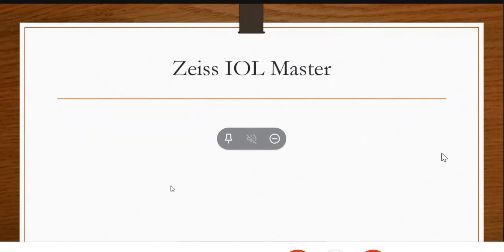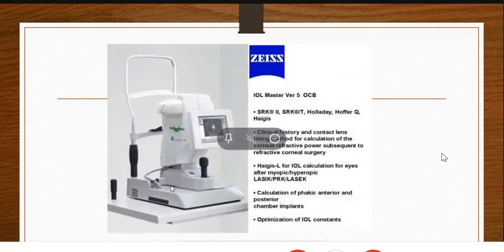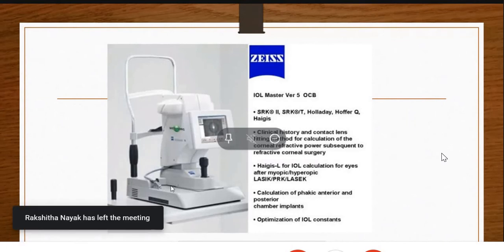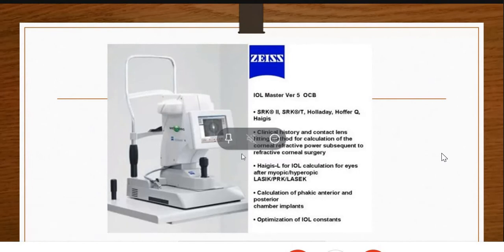Here I will explain about the Zeiss IOL Master. This is a Zeiss IOL Master picture. This is a widely used non-contact biometer in India. Mostly these biometers come with the IOL formulas incorporated. So once you click the button, it will give the entire values along with the formula and the IOL